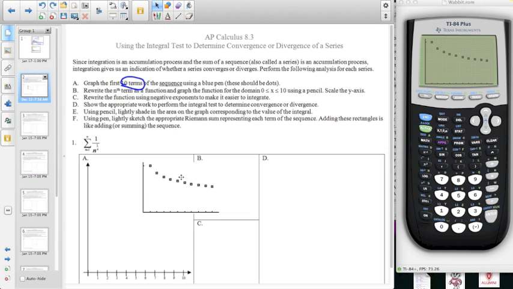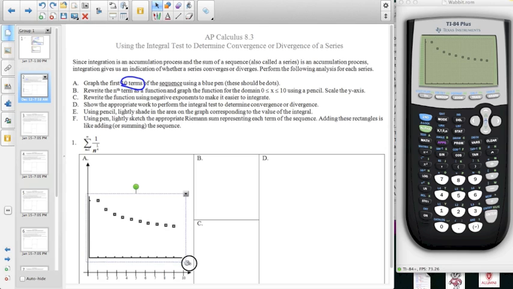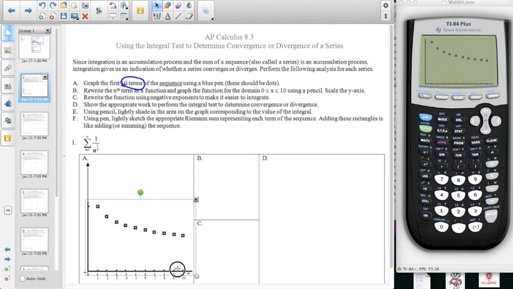So if we then go ahead and get that graph on here, I should be able to stretch that so that it matches up with, there we go, matches up with our axes. So there's our 10 points graphed. And so these are each individual terms, and if we rewrite that